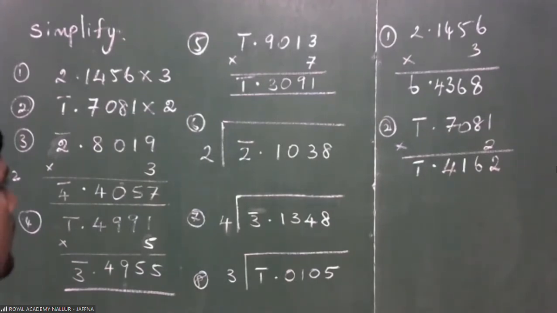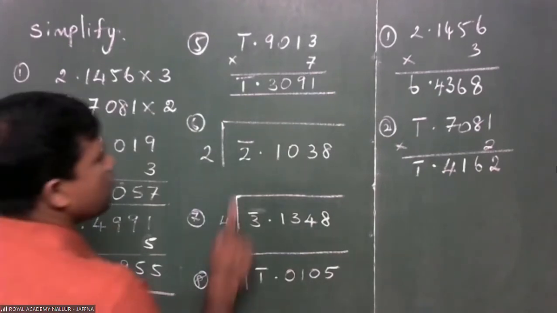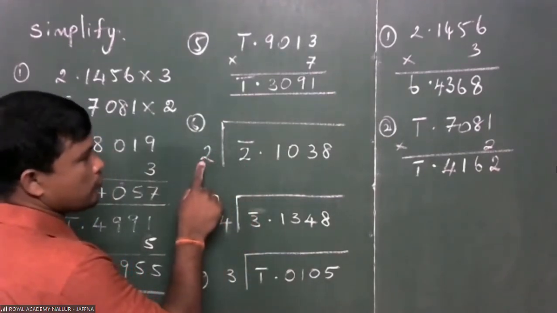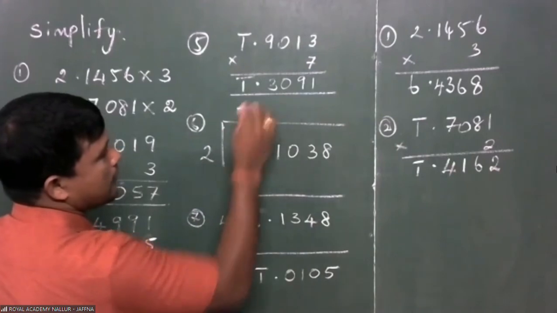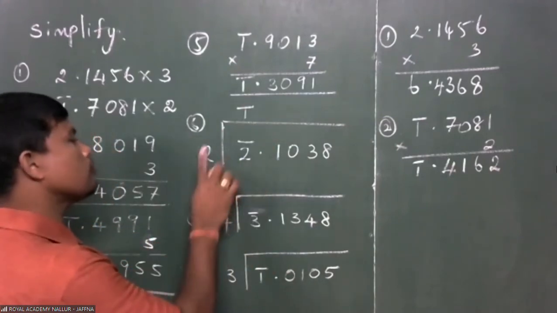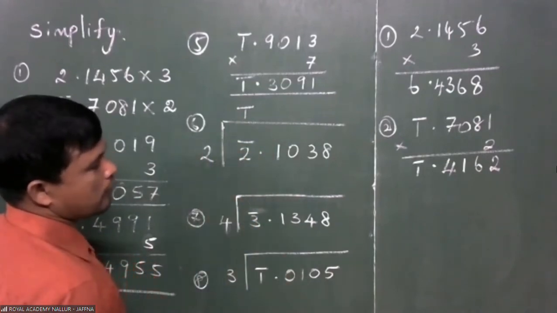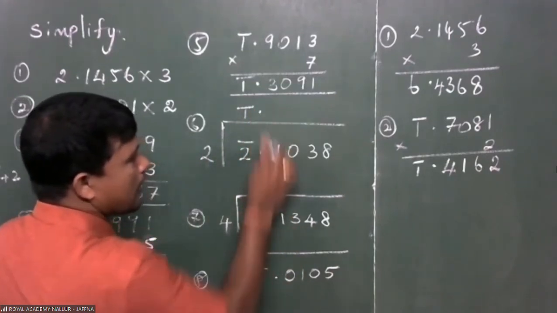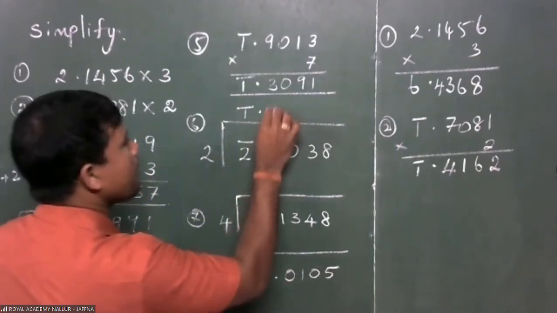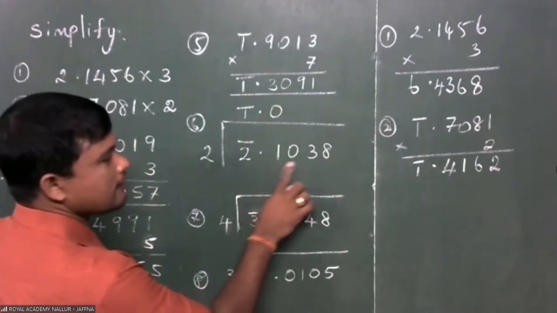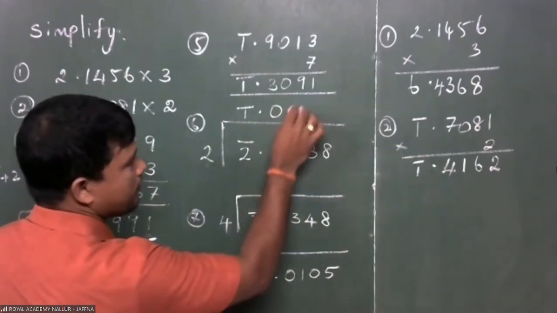Let's have, out of bar 2, 2 is bar 1, times this answer. Out of bar 2, 2 is bar 1. 2 times bar 1 is bar 2. That's okay. Decimal point. Out of 1, 2 is not there, therefore 0. Then with that it's 10. Out of 10, 2 is 5 times.